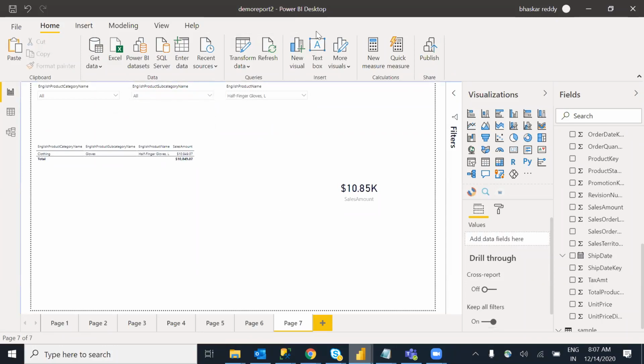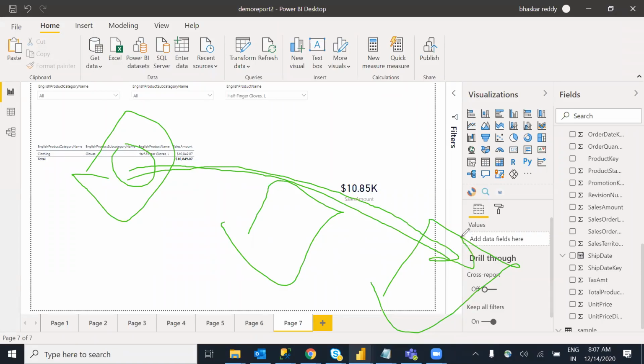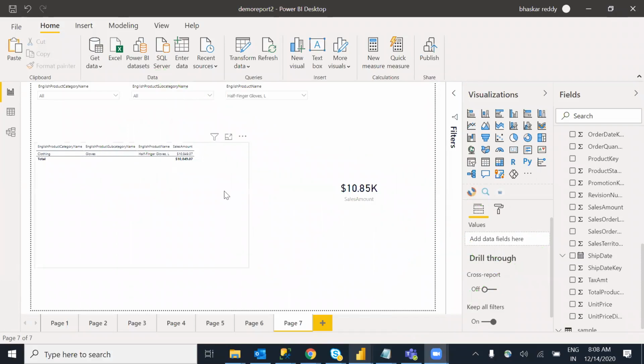By default, the cross filter direction filters data in a single direction, from parent to child. If you select something in a parent table, all the child tables will be filtered automatically. That is cross filter direction single. If you want to filter something in a child table and filter in a reverse direction as well, for example if I select clothing, all these tables have to show only clothing related information, that's what we have: cross filter direction single and both. How can we change the cross filter direction?